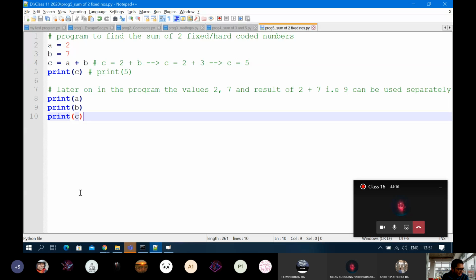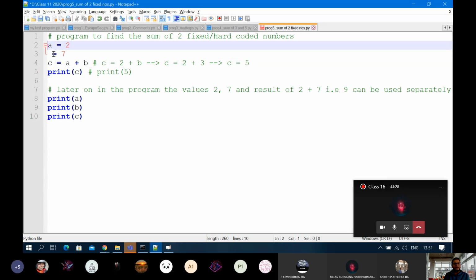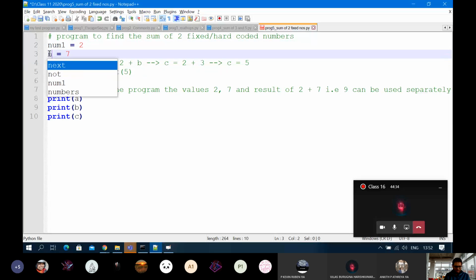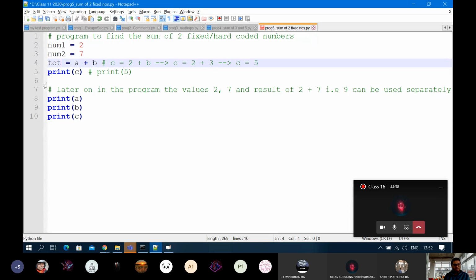Ankit, we will see the naming conventions of the labels. For now, you can take it as A, ABC, or anything, like num1, num2, total. Just make sure you do not have space in between.